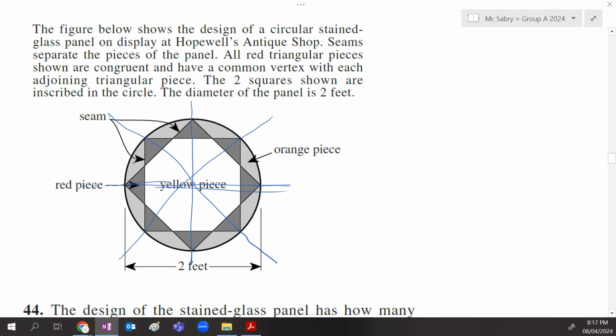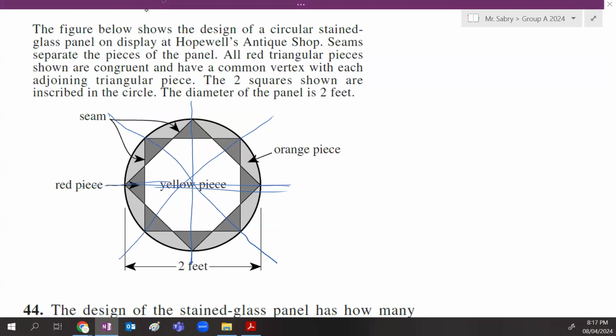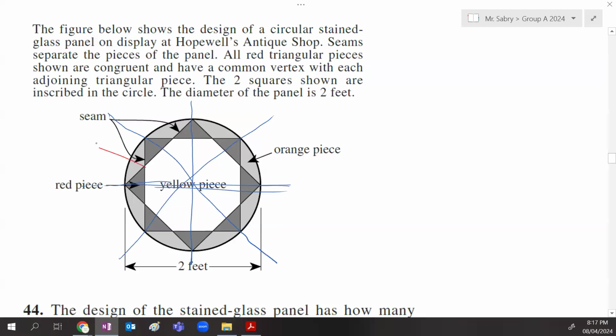So we have this one, and this and this, and this and this. So basically, the lines of symmetry here, if you count them: 1, 2, 3,